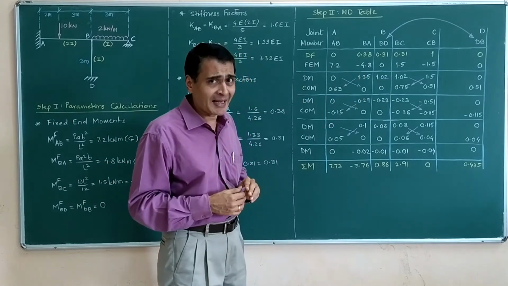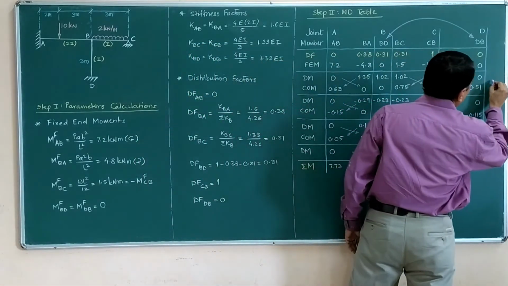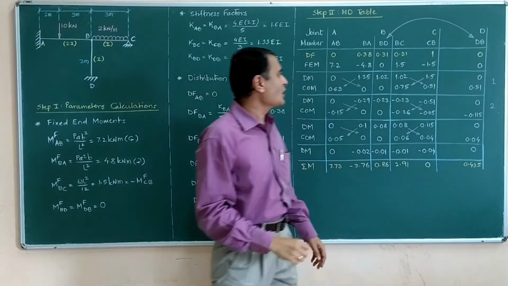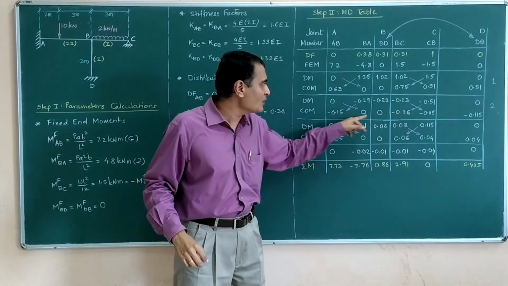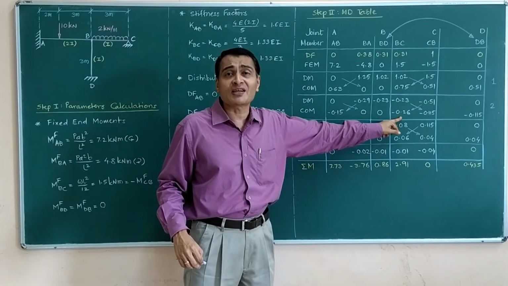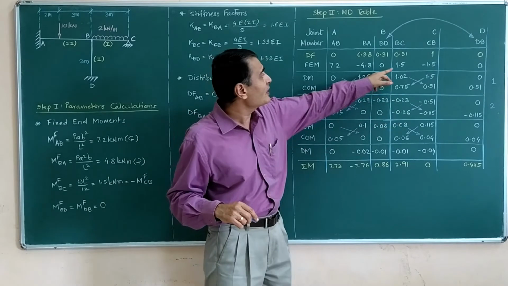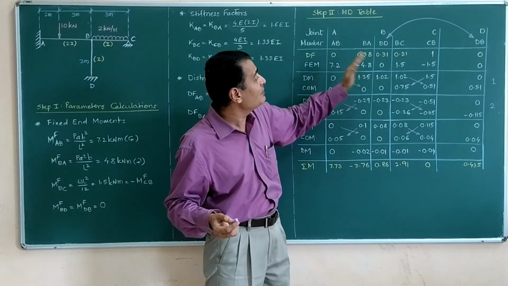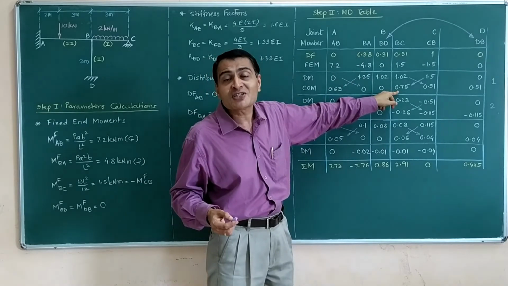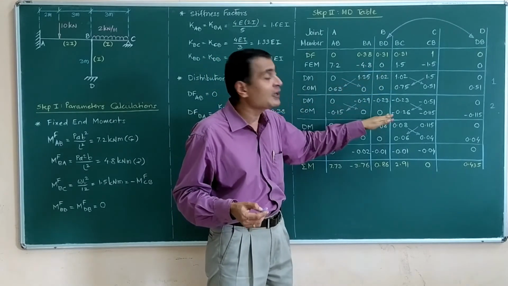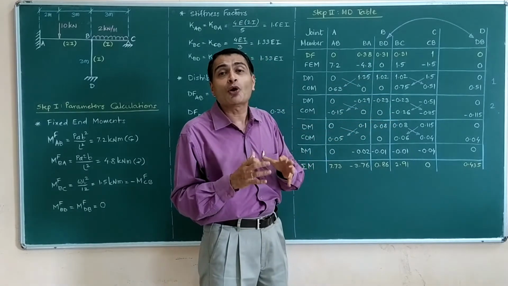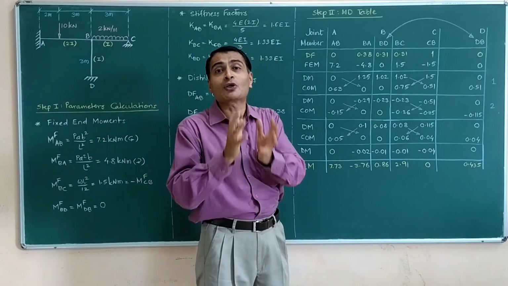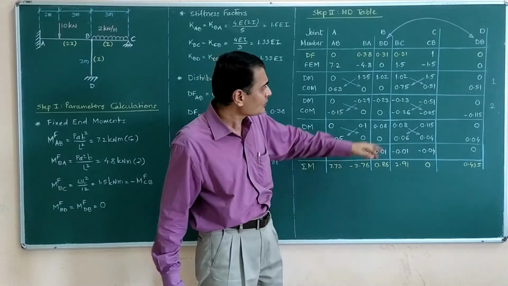Moments got carried over. This was my cycle number 1, this is my cycle number 2, and now again I am observing an imbalance of negative 0.26. Just observe, here there was an imbalance of negative 3.3. Then it became an imbalance of positive 0.75. Now it has become an imbalance of negative 0.26. So that is how it is slowly converging to the accuracy, to the balance.